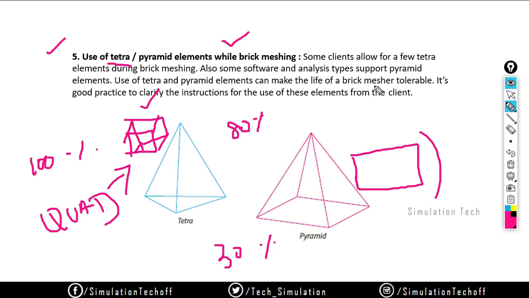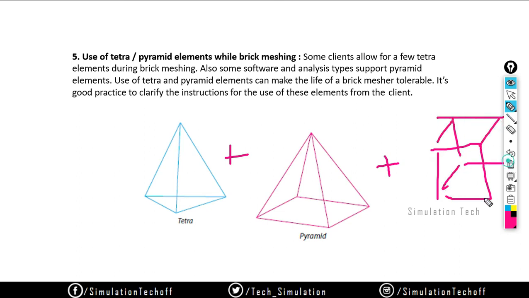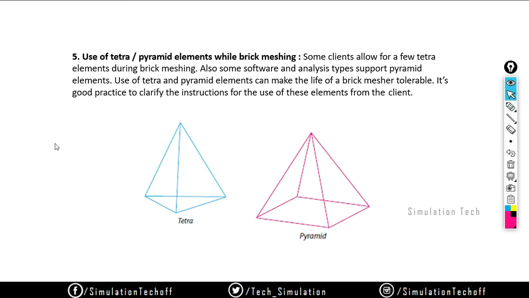You can ask for a brick mesh tolerance, so it's easy for you to create that. You can use combinations like tetra plus hex, or tetra plus prism plus hex, that is possible. There won't be much difference in that. You can't create tetra and pyramid separately; you can use them as a combination.